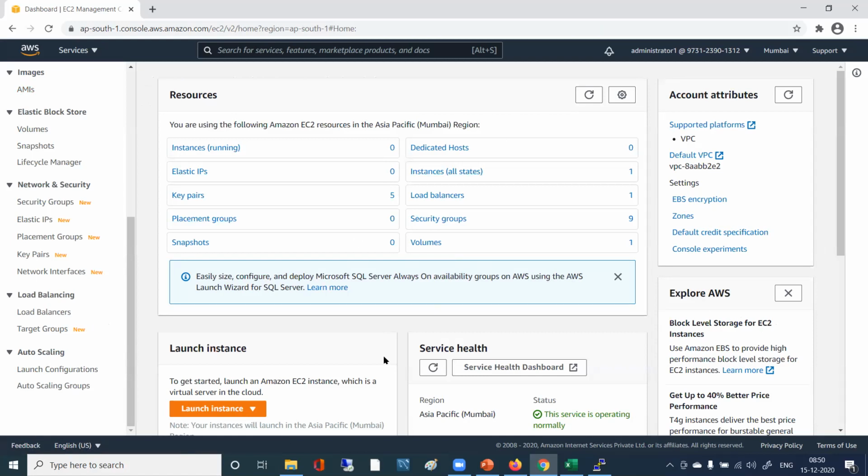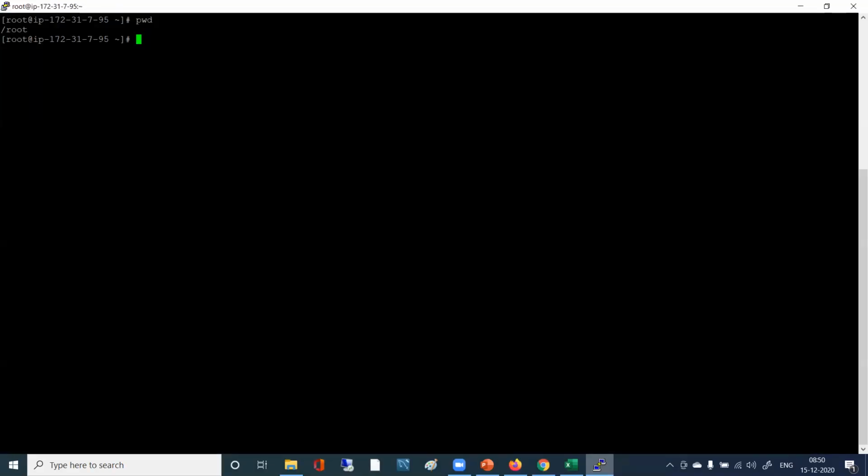Now, what we will do? Dharma, please confirm you are there at the root prompt. Yes, sir, I am at the root. Perfect. But for me, it says root at IP address, then again it says EC2-user still. Root at that IP number is showing, and then immediately EC2-user, like that it shows.